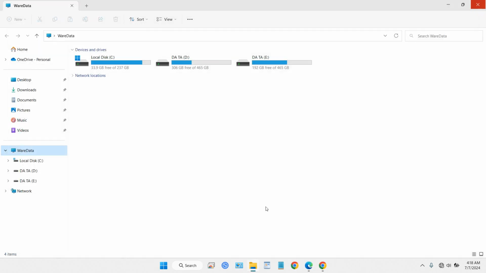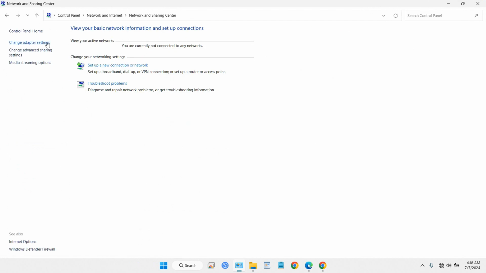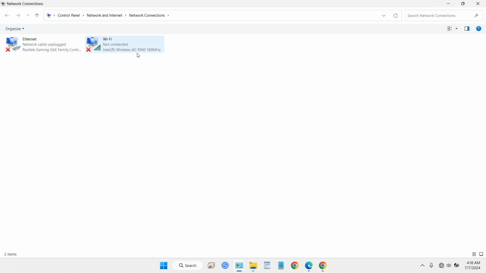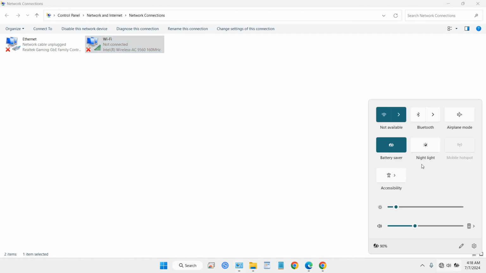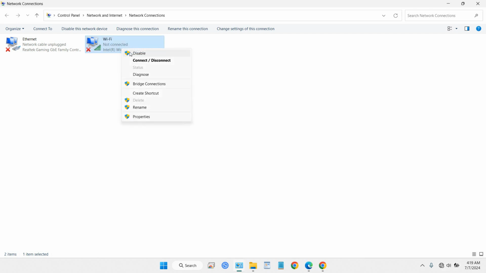Let's see on our control panel to see our network is on there, and you can see there. This is our Wi-Fi network. It does not detect any Wi-Fi in here. You can see there. To fix this problem, you just need to right click on your Wi-Fi here and click properties,